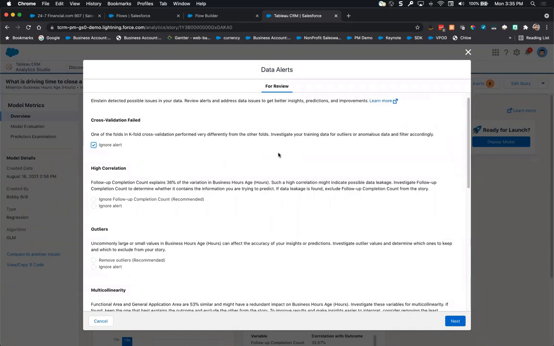I think strong predictors we relabeled as high correlation, and we can tell you a little bit more, like, hey, this is data leakage potentially, too much explainability. But 36% is right around our threshold where we're going to flag it. And I guess I could argue that, of course, if you're following up a lot on cases, we're telling the system that it's going to take a long time to close, because if it's one follow-up and then you close it, it's obviously going to happen faster. So arguably, you can say, yes, this is data leakage, but maybe you do want to know this information,